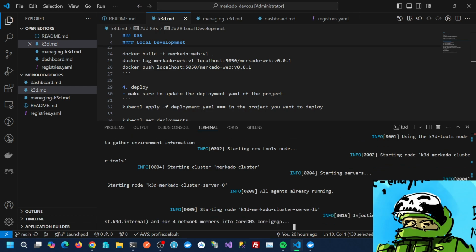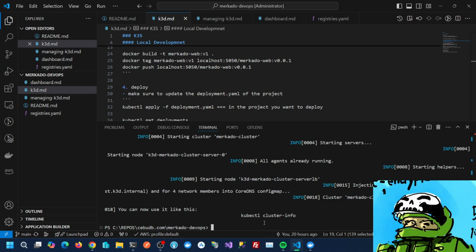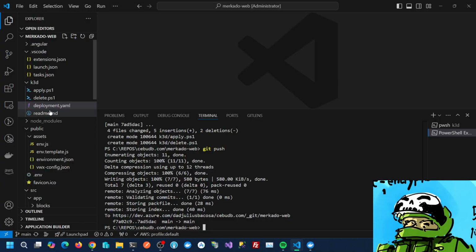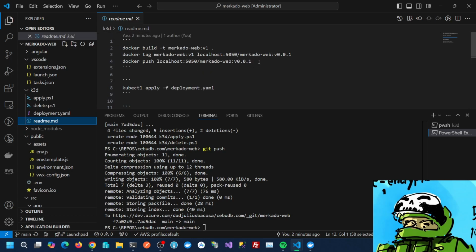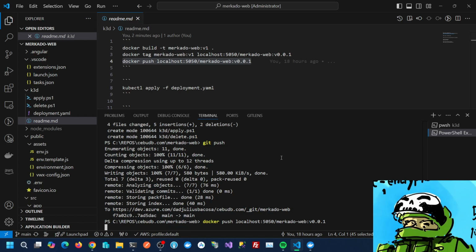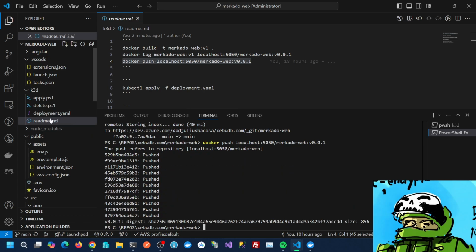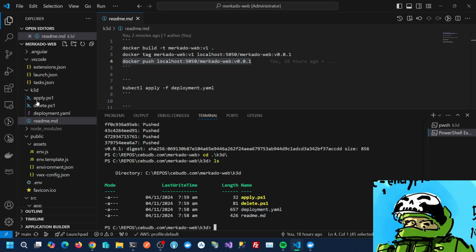So wait for it to complete creating the cluster. Alright, so the cluster has been created. Let's go to our web application. We're going to push our image. We have this already created, so we just need to push it to the local registry, and then we're going to the folder K3D, and then we're going to apply the